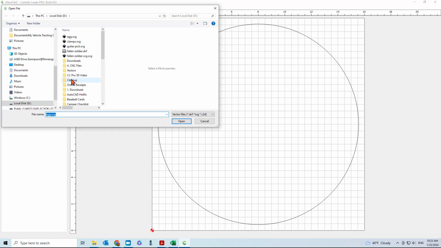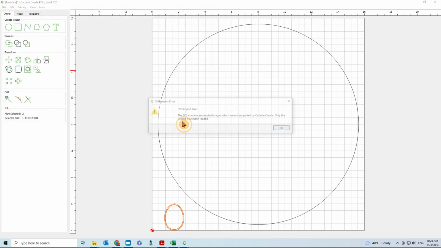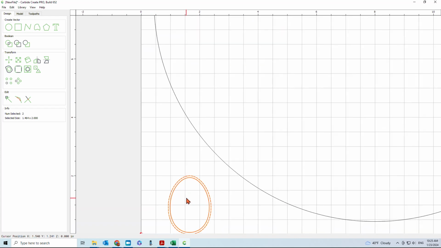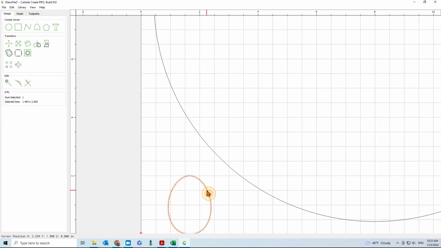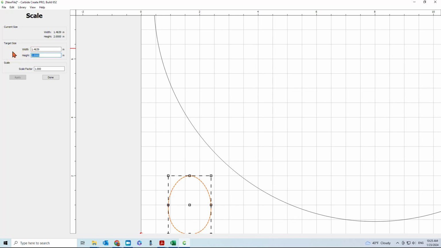Next, I'm going to import an egg SVG that I downloaded from Google. I just did a search for egg SVG. Save this one, and it came in 2 lines, so I'm going to delete that inner line. And then I went in the kitchen and I measured an egg, and mine are about 2.5 inches long. So change that to 2.5, hit apply,